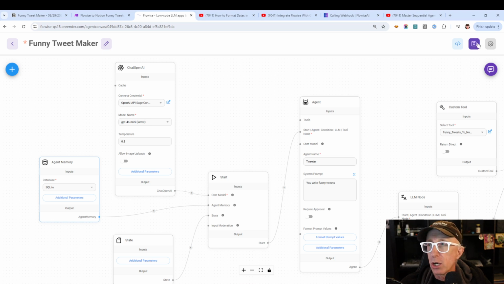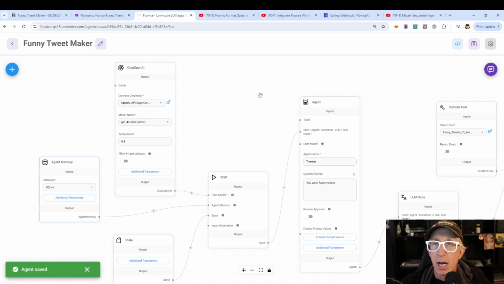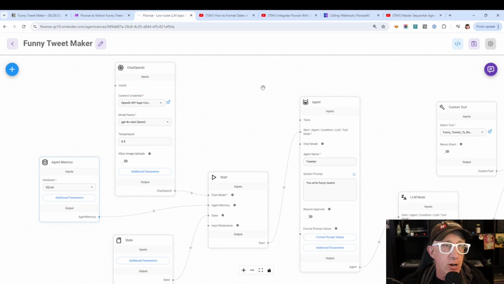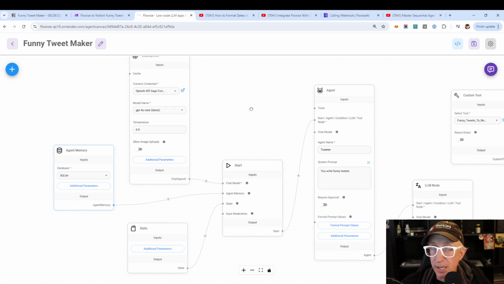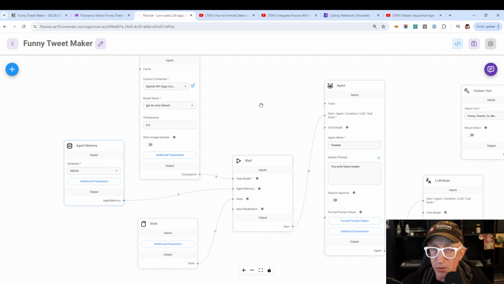I wasn't using it for this funny tweet maker, but, and I don't know what you call X's anymore. I don't know how to say tweets in X. I know it sounds old that I'm talking about tweets, but I don't know how to send X's. Is that what it is? X's? I literally don't know. Anyways, that's why it's called tweets. I can't figure out how to call them X's. Nobody will understand what I'm talking about. Anyways,